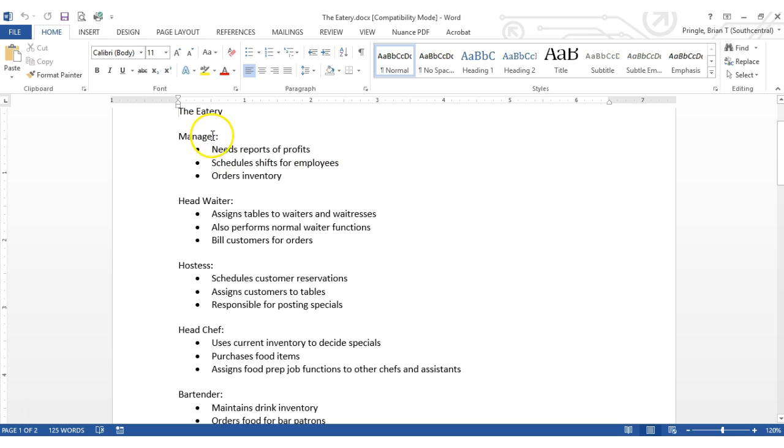So we have a manager. The manager is going to need to see some reports about profits for the company. The manager is responsible for scheduling shifts for the employees and responsible for ordering inventory. We have a head waiter who's responsible for assigning tables to waiters and waitresses. The head waiter is responsible for performing normal waiter functions, so actually serving customers, and then also providing bills to